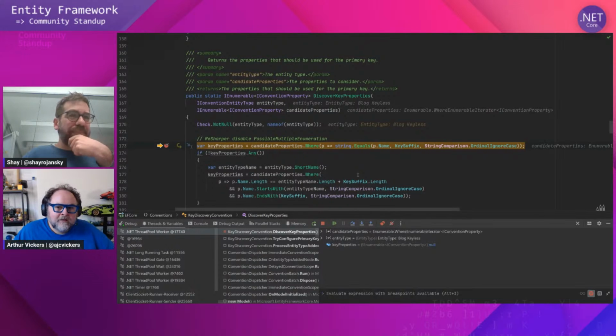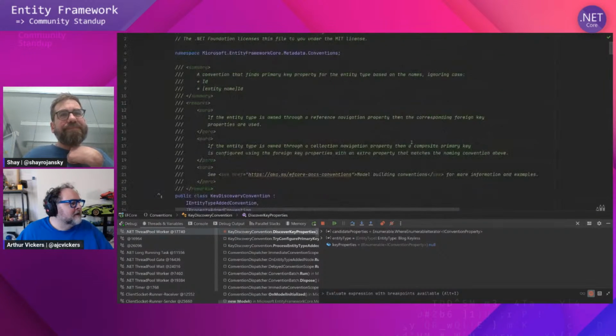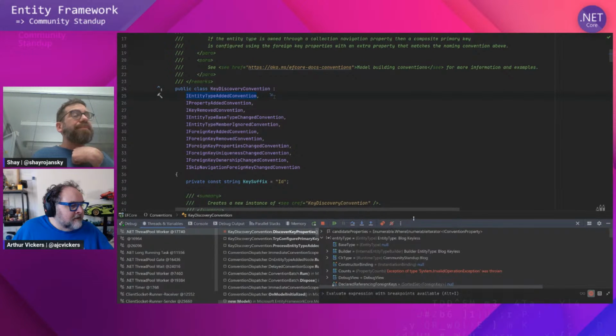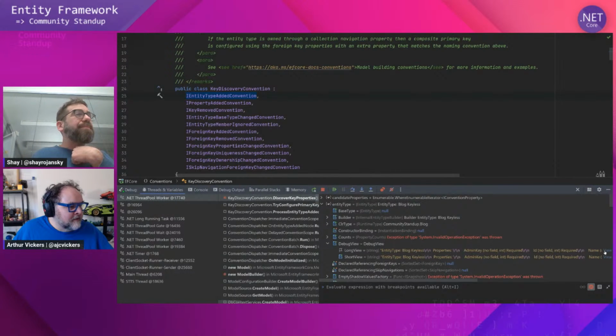But the fundamental thing that you should understand here is that the conventions are reactive. So when I do something that adds an entity type, it then triggers additional conventions that implement the interface for when an entity type has been added. So in this case, the EntityTypeAddedConvention. So it says, okay, once an entity type is added, I need to do some additional stuff for it, right? I need to find out things about it. And indeed, if you look at the entity type right now, if I do the debug view for Blog here,